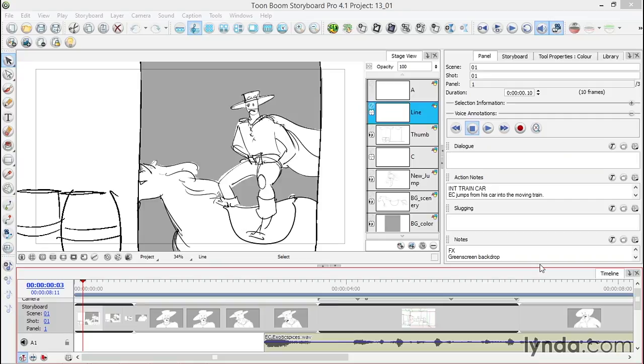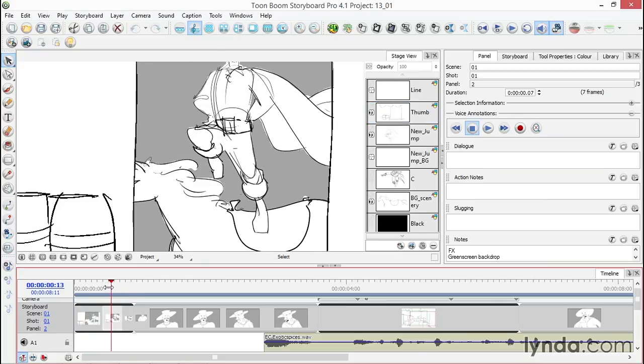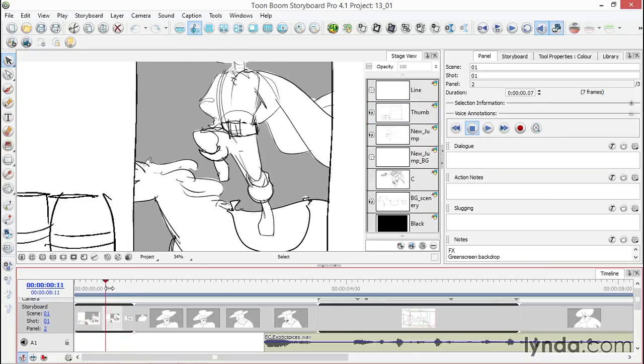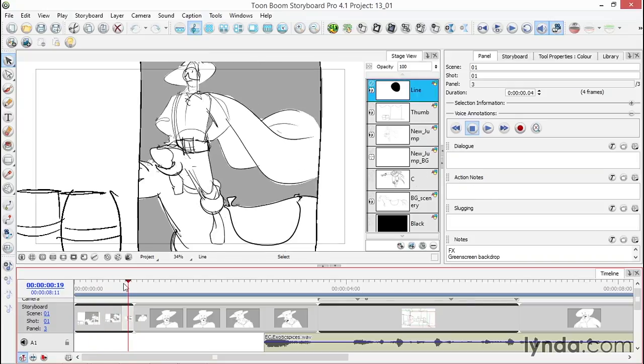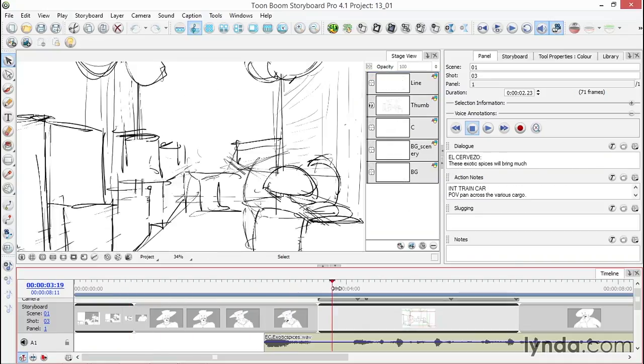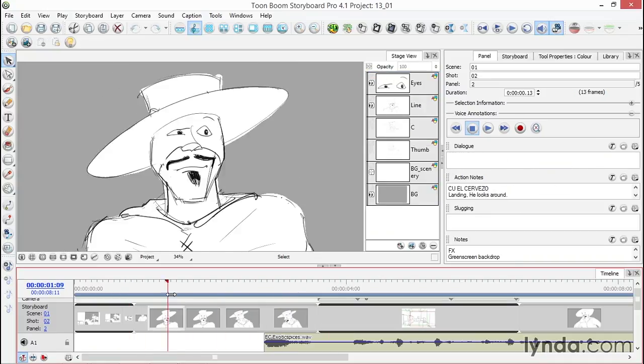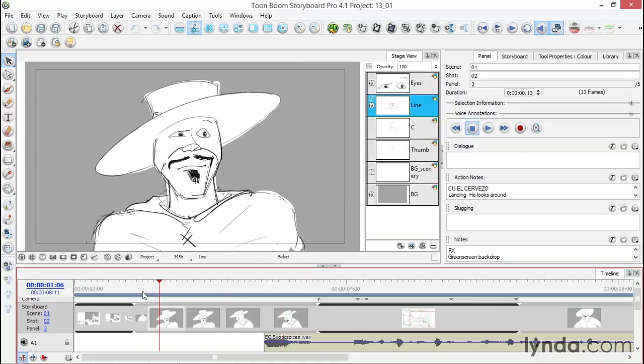One thing in common between all types of productions is that some scenes or shots need multiple panels or drawings to show one action. So for instance, scene 1, shot 1 in this project here, and I have this set for live action numbering right now. I've got 3 different drawings, if you look down on the timeline, as the guy's in different positions, for one shot. It just took a few different drawings. In the second one, I've got 5 different drawings of him as he lands and he looks around. Those are called panels, which are within a shot or a scene,